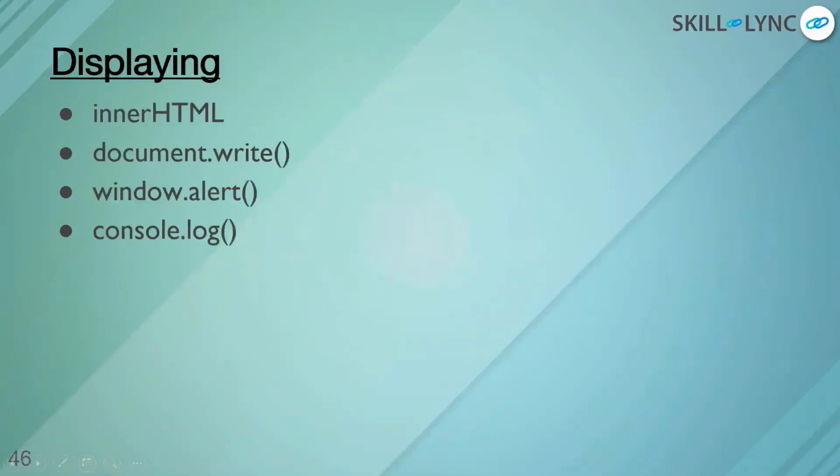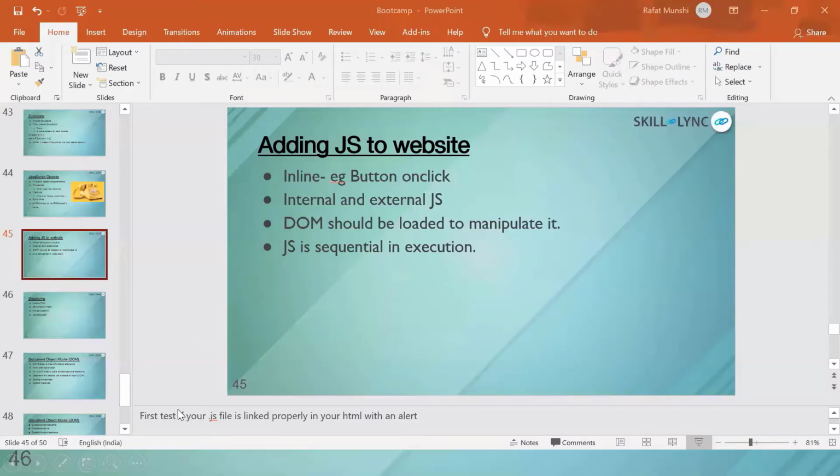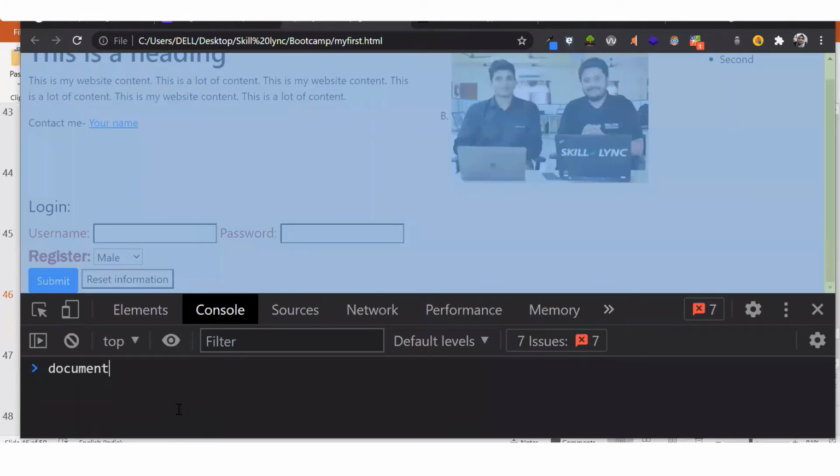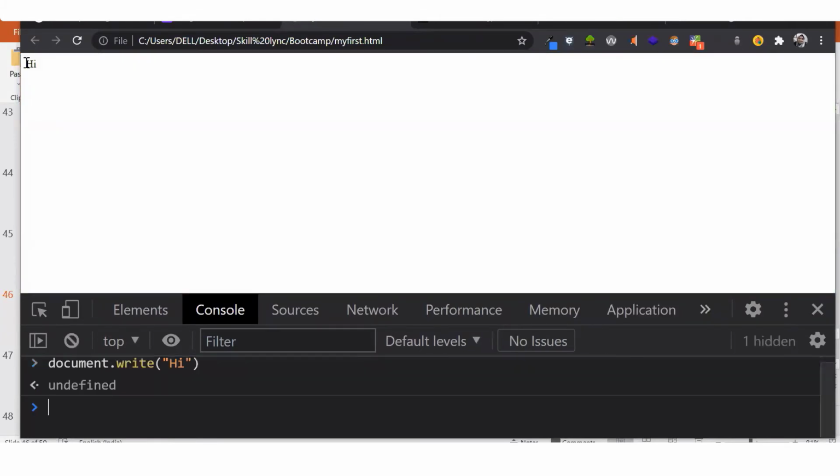Now, how do you display any particular value? We have already seen console.log. We have seen alert. You can write it as window.alert as well. If I do document.write, and let's say I do a document.write hi. If I enter, you can see everything is gone, and now I can only see hi.